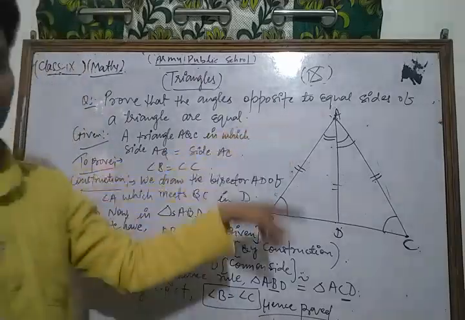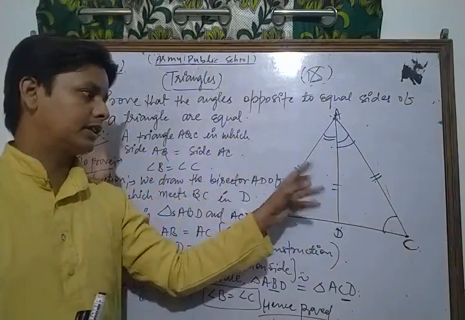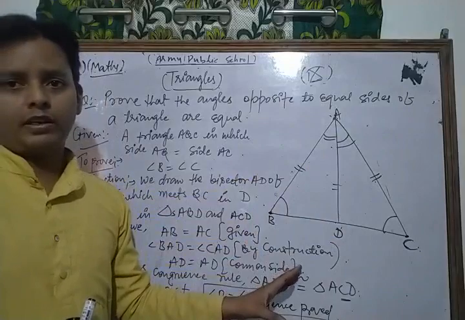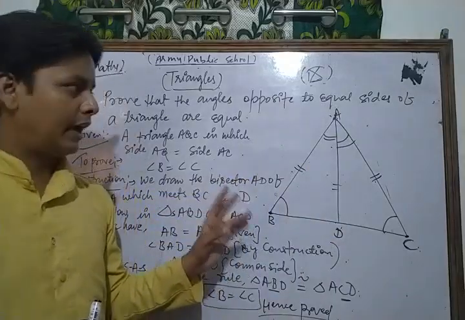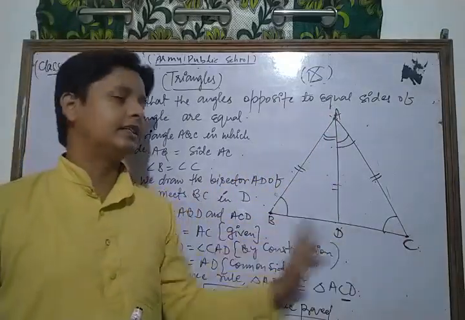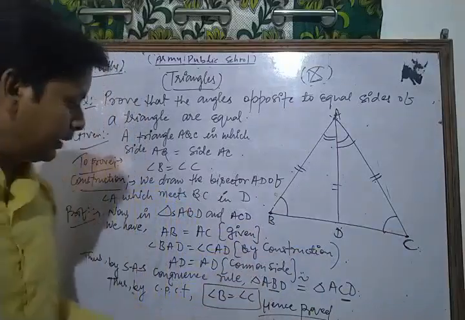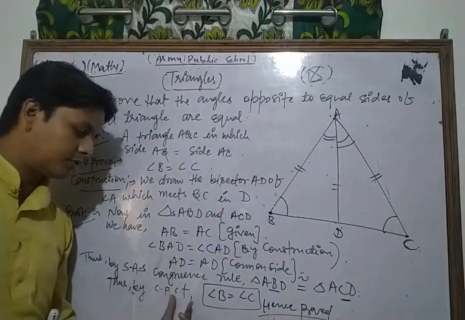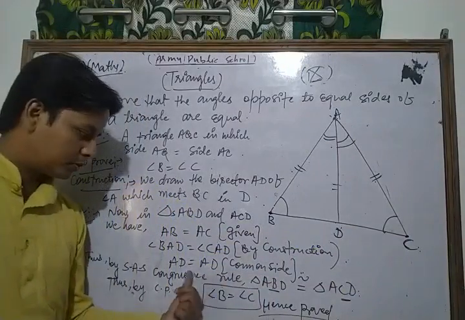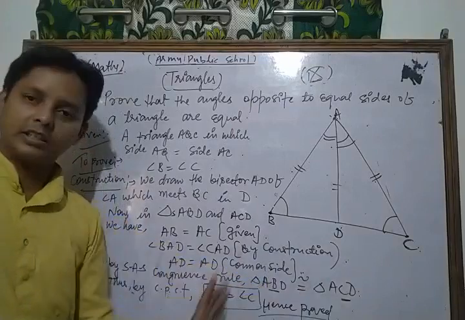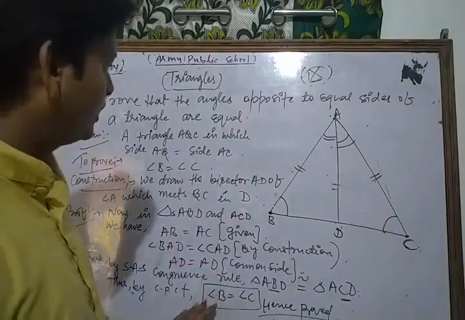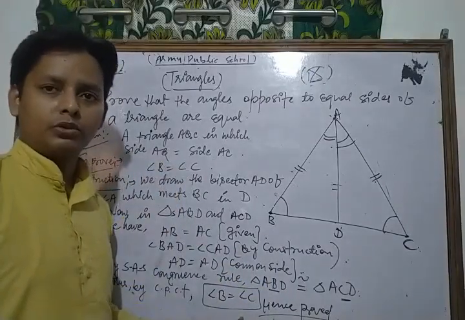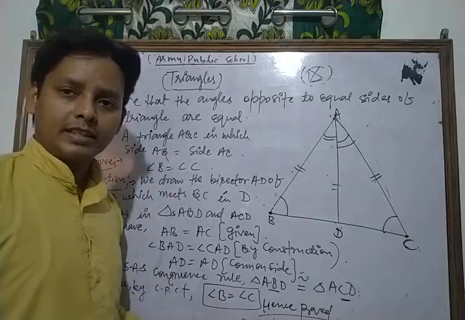First of all, we draw a triangle, and in that triangle we have two equal sides, AB and AC, given in your question, and we draw AD as the bisector of angle A, which meets BC in D. Now we have to show that triangle ABD and triangle ACD are congruent to each other by the SAS congruence criterion, and then by CPCT, means corresponding parts of congruent triangles are equal to each other. So here corresponding angles B is equal to C. Okay, so hence proved. In this way, the angles opposite to equal sides are equal. Now we take and solve some other important question of your NCERT exercise.